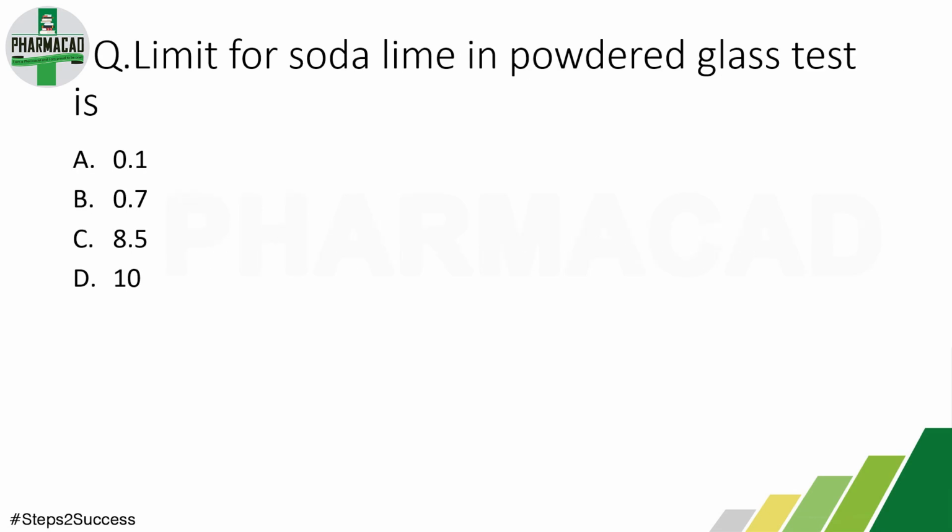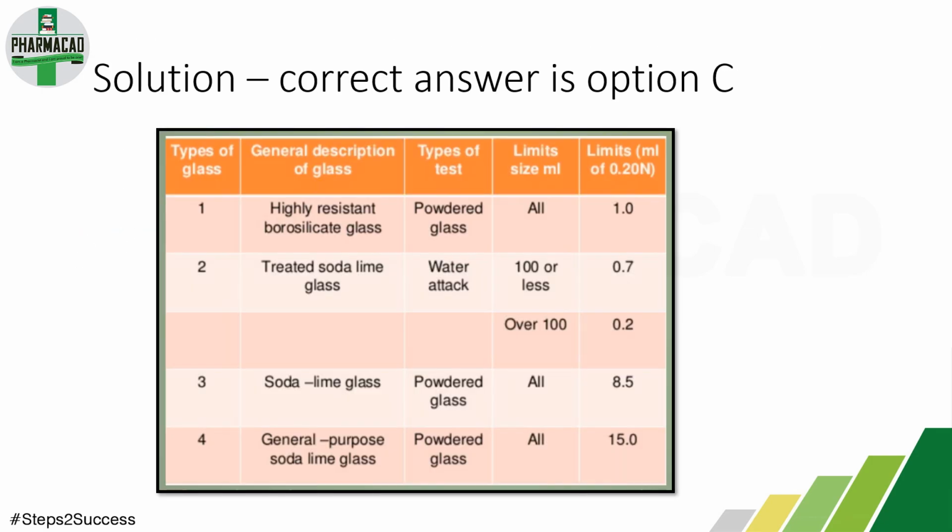The limit for soda lime in the powder glass test is: option A, 0.1; option B, 0.7; option C, 8.5; option D, 10. So the correct answer is option C, 8.5. So this is the test performed and where we can check the limits. This is the chart of glass types 1, 2, 3, and the tests performed for those glasses, that is, the powder glass test and water attack